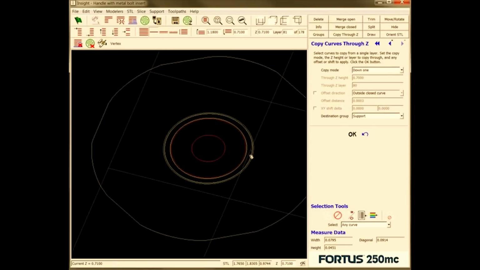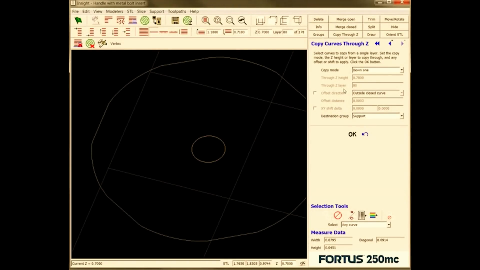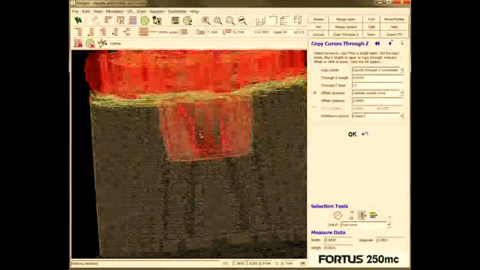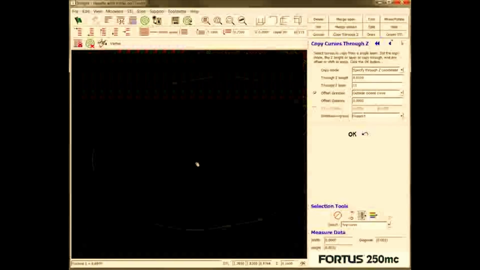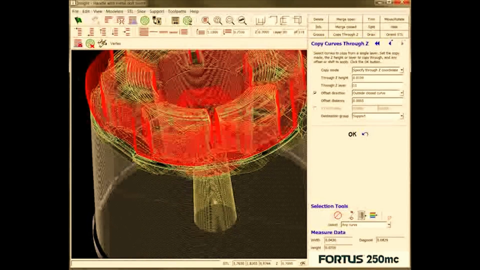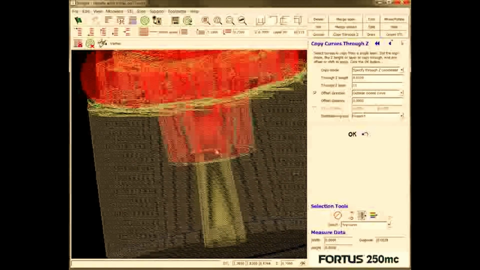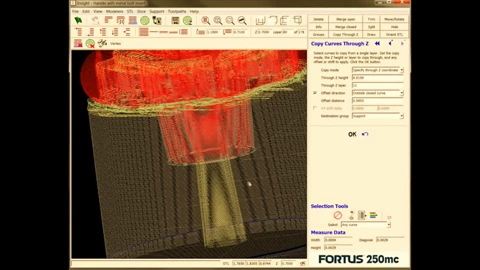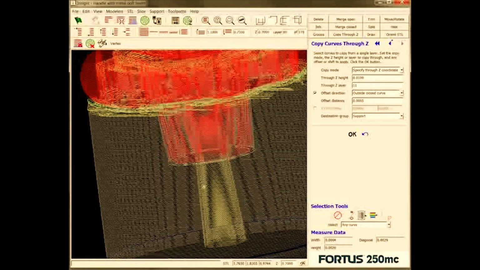Right, and so I'm going to come down, and now I'm going to copy this all the way down to our layer 11, and I'm going to give it a little bit of an offset, let's say like a half a thou, so that it gives space for that bolt to be inserted into there. We hit OK, and now we can look at that from the side and see that it didn't go. What happened? I guess I didn't, I don't think I selected it. There you go. So you can see a little bit of draft, so it gives some space when I put that bolt in there. It's not going to interfere, but it's going to support the model, and that's what we want. So now, if we look at this,